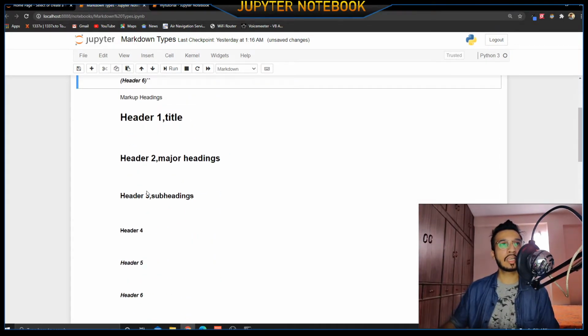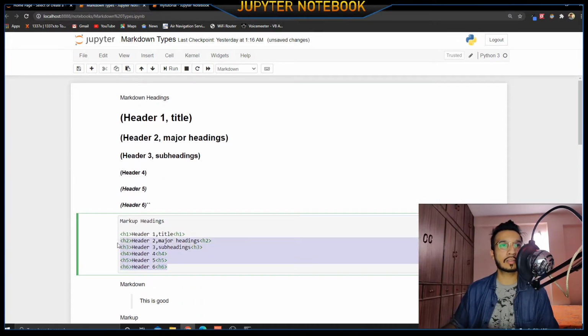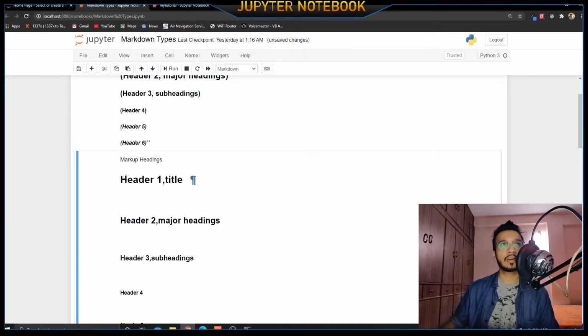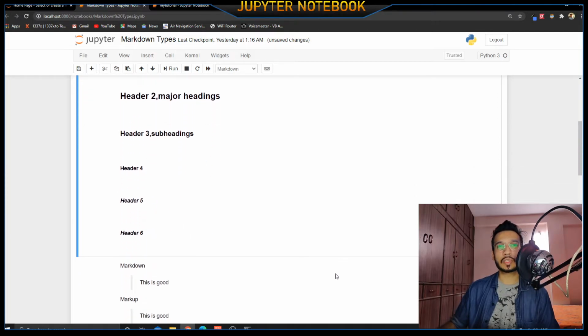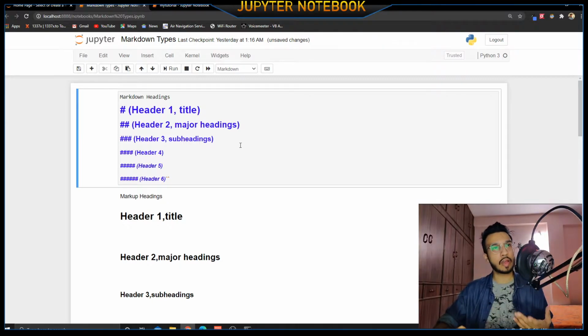For example, you can see there are major spaces. These are written in the markup language, and you can see they have humongous space with them. There's a lot of spacing between each and every word. This spacing is something I pretty much use, so I personally love using markup rather than the markdown language, but there are times that I also use the headings from markdown because it is easier to access.